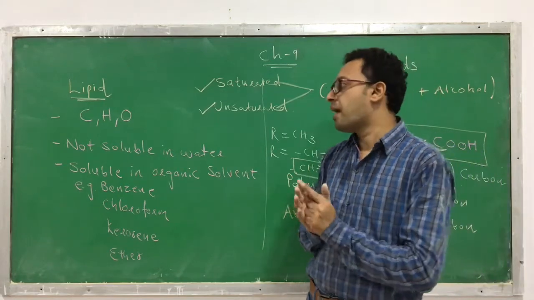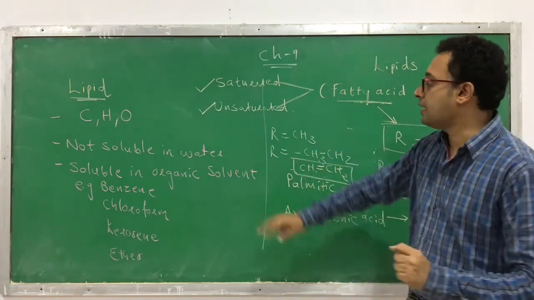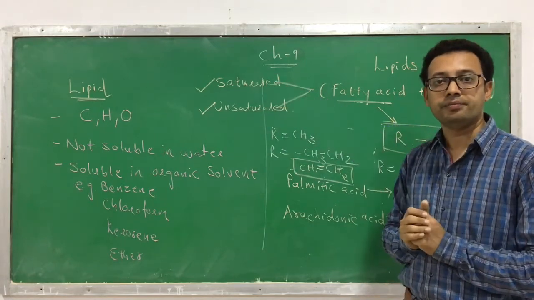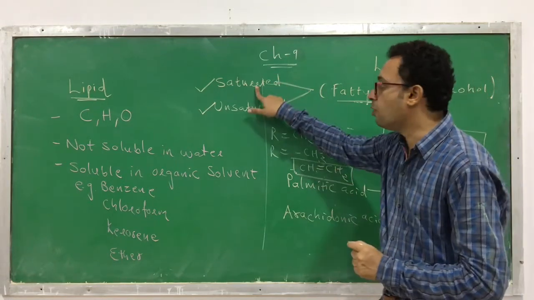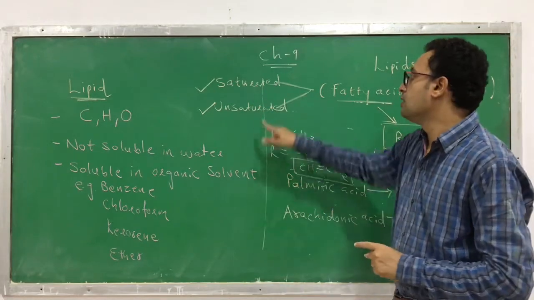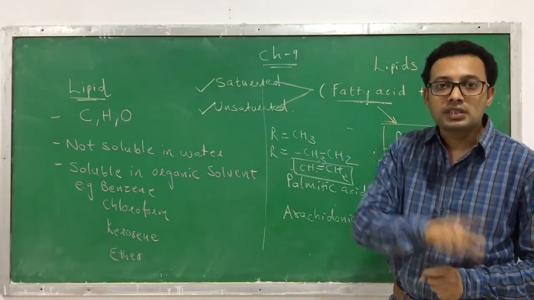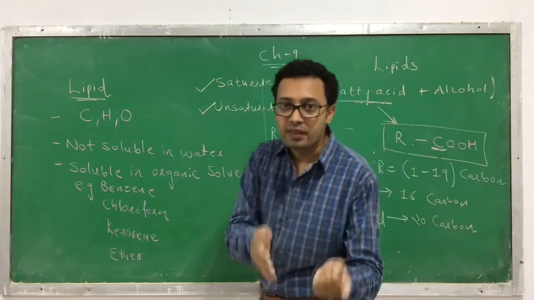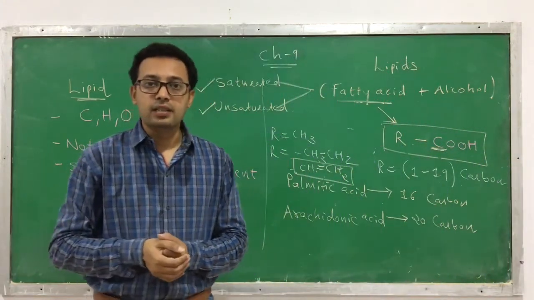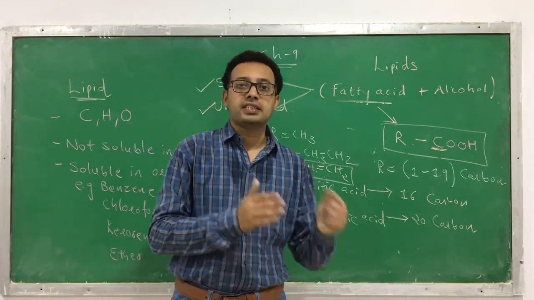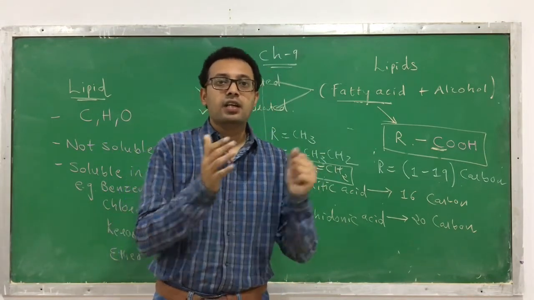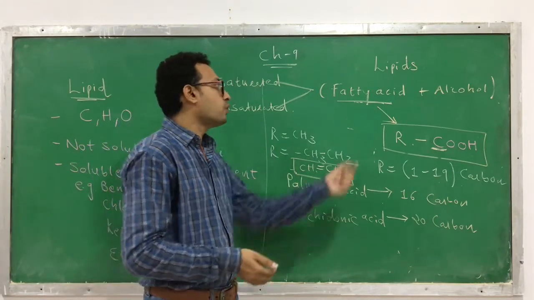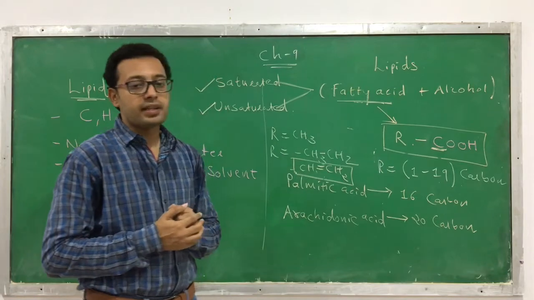But from the biology point of view, you have to remember that there are two types of fatty acid, saturated and unsaturated. Saturated has a single bond, no double bond. Unsaturated has both single bonds as well as double bonds. The number of double bonds may be one or more than one. Clear? So those are the types of fatty acid, saturated and unsaturated, long chain and short chain, and its structure. Okay, so this is one of the components you can find in a lipid.